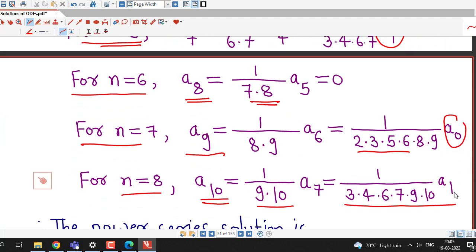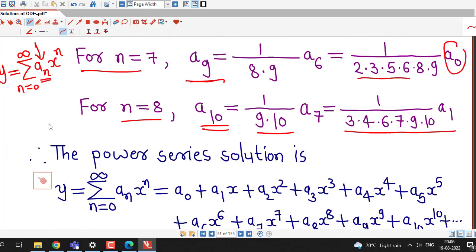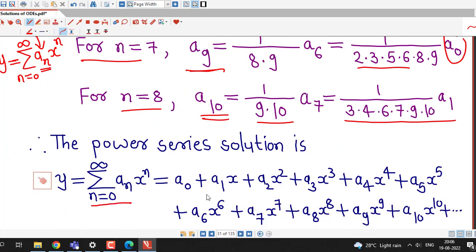So I am obtaining values of an for n up to n equal to 10. Now once we obtain values of an, we can recall that our solution is in this form: sigma an x raised to n, n equal to 0 to infinity, and we have to substitute values of an. So that series solution I have written